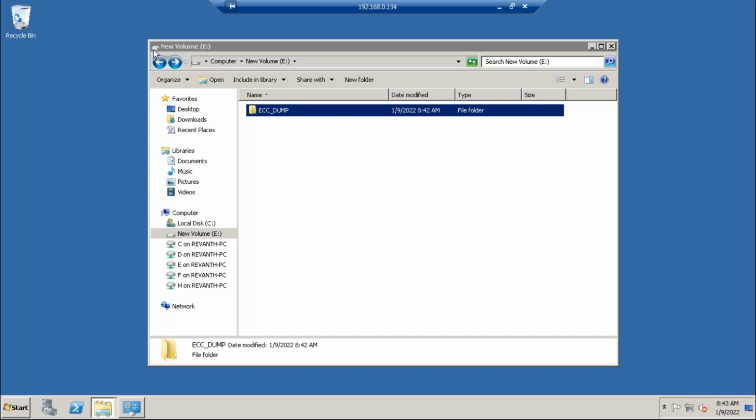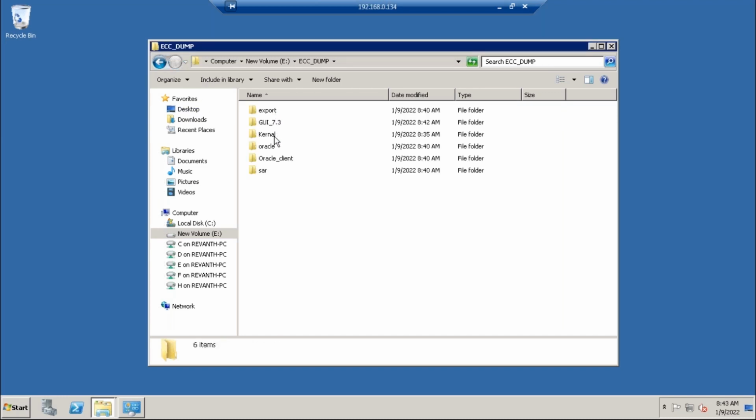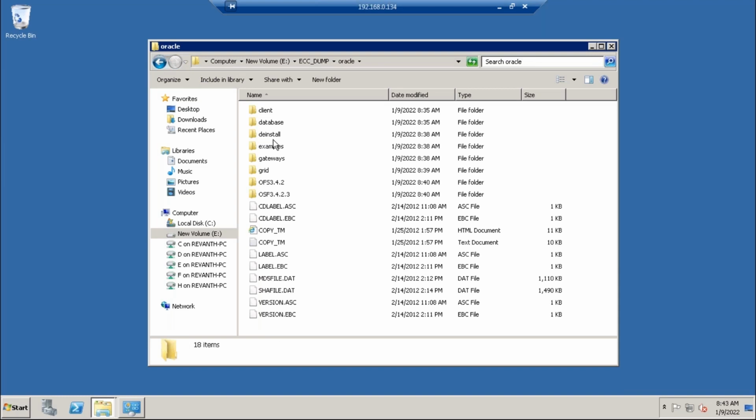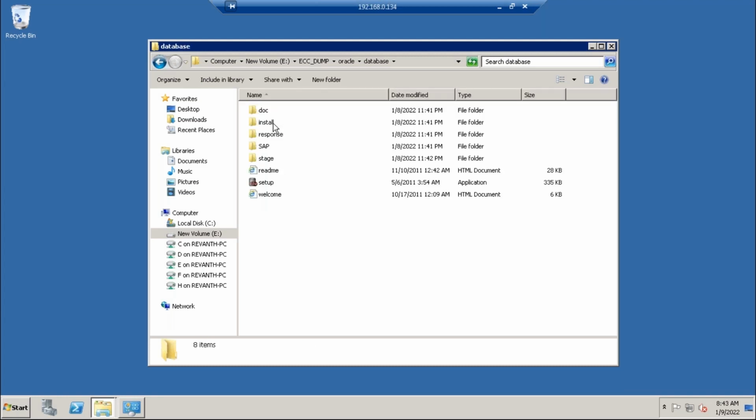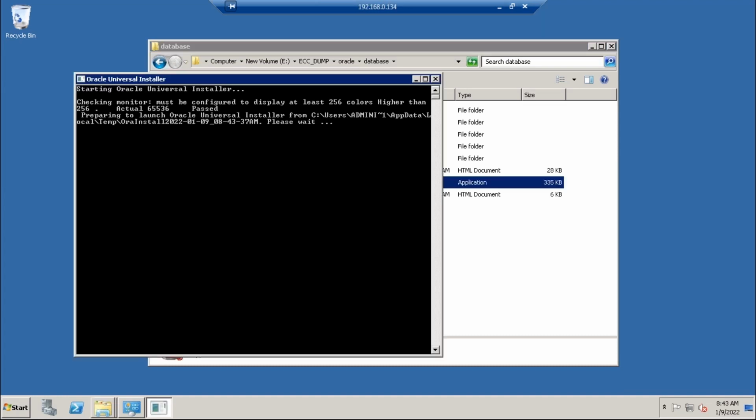Now we have the dump in the C drive. Now first step, what we need to do? Very carefully, we need to install Oracle. Just click on Oracle database and the setup. Now you see the GUI. Previously, when we didn't have GUI, it installed here.